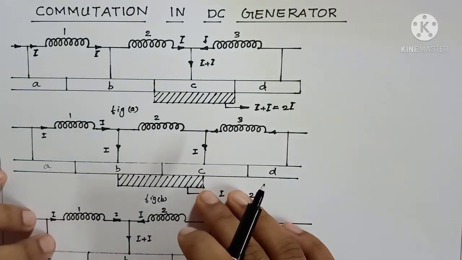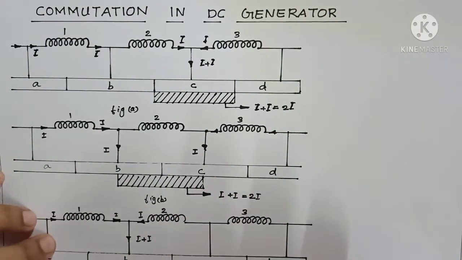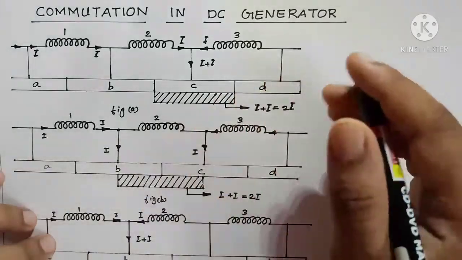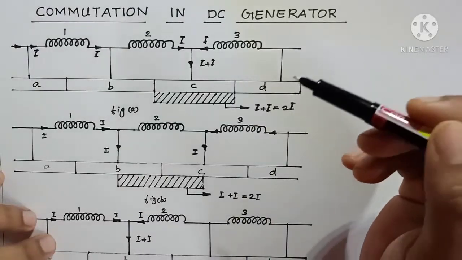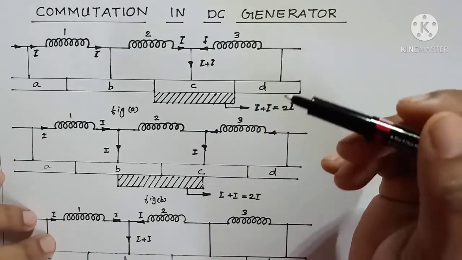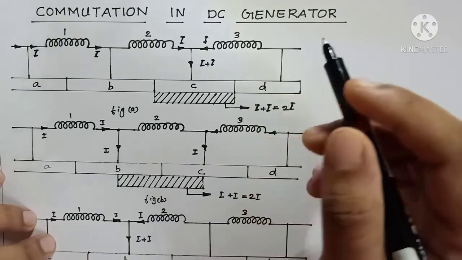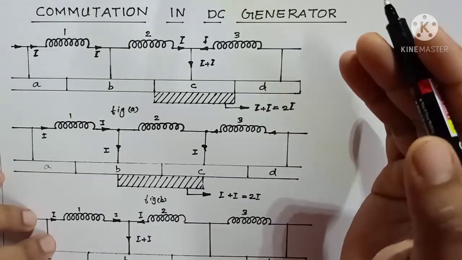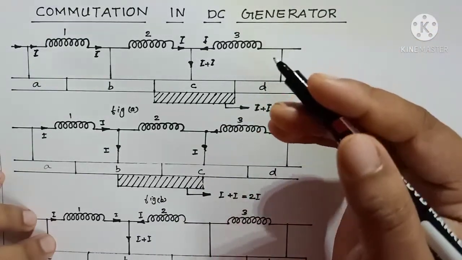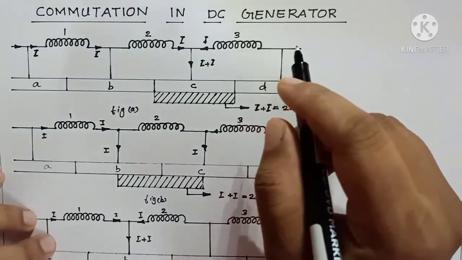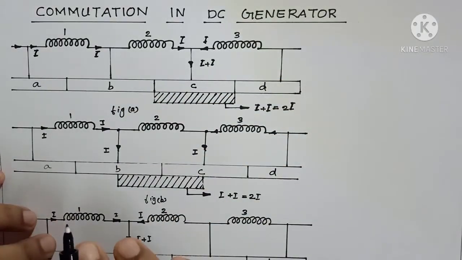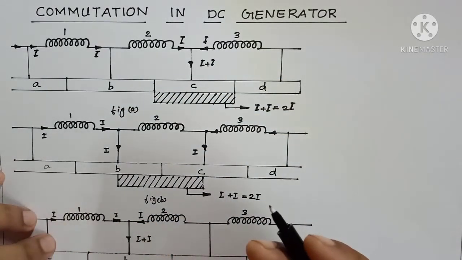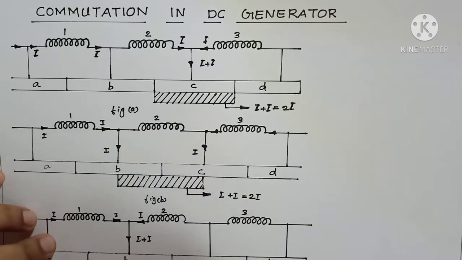Poor commutation has some reasons, which can be mechanical or electrical conditions. The mechanical conditions include the uneven commutator surface or non-uniform brush pressure. These are the major reasons for the mechanical conditions. The electrical conditions can be the increased current density at the trailing edge of the brush, or can be due to reactance voltage in the segments.